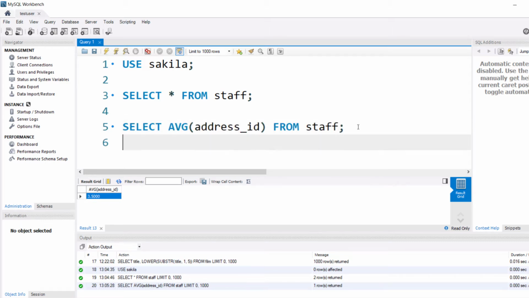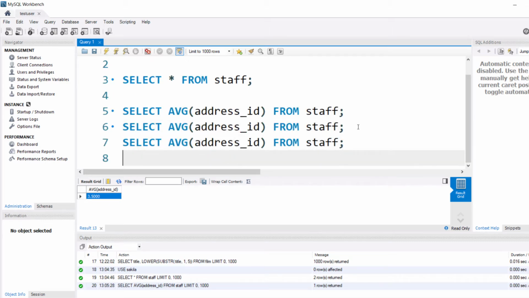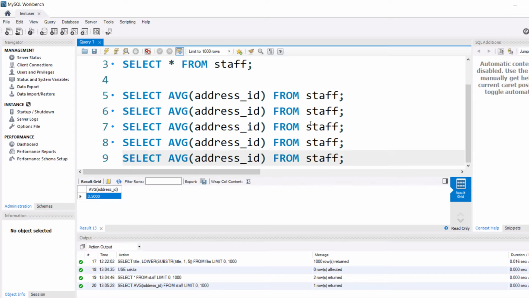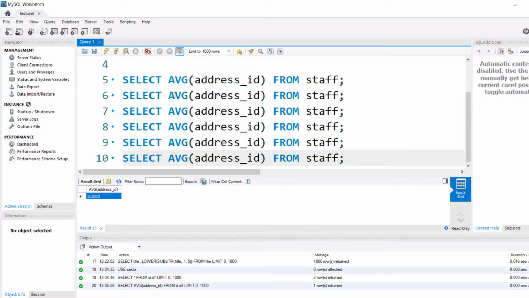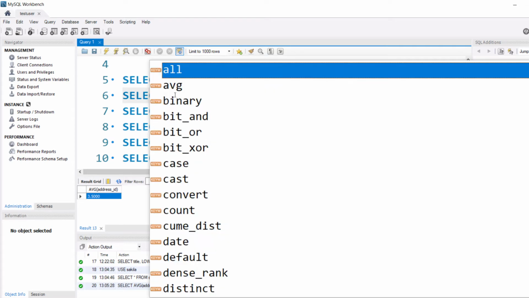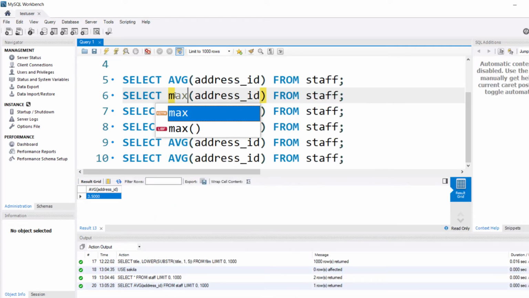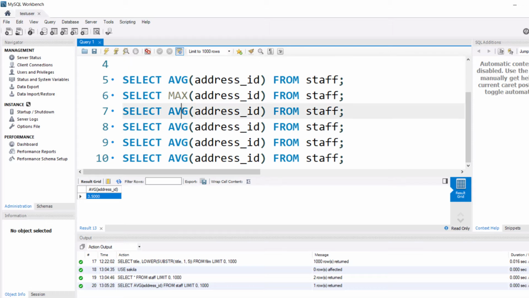So similarly, we are going to have a look at other functions. There are basically 6 functions in this category. So max, and we have min. We also have sum.